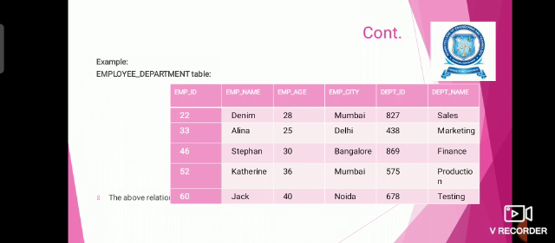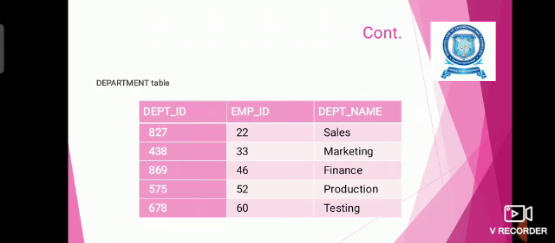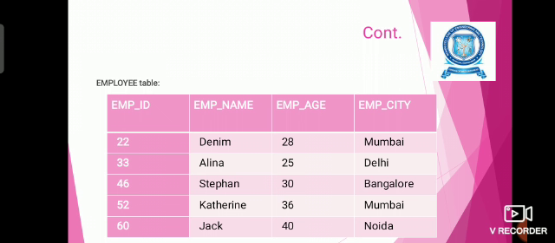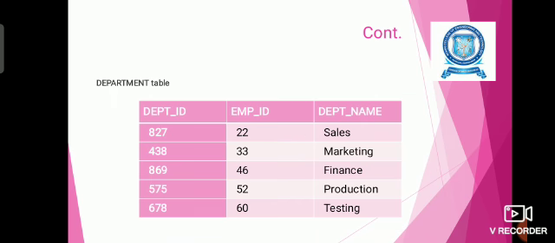We have the employee department table, having attributes like employee ID, employee name, employee age and employee city. These are all the employee personal details. Along with that, we have the department details like department ID and department name. We are going to decompose this relation into two relations. First one is the employee table and second one is the department table. In the employee table, we keep the columns employee ID, employee name, employee age and employee city. And in the department table, we keep employee ID, department ID and the corresponding department name.